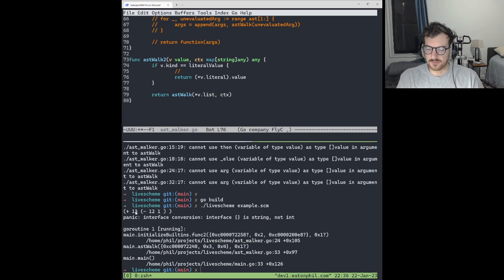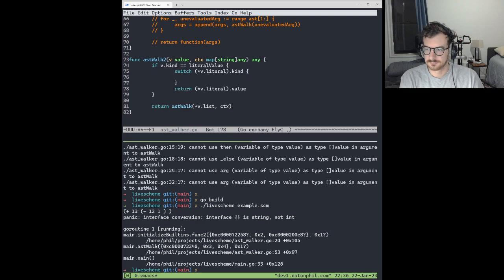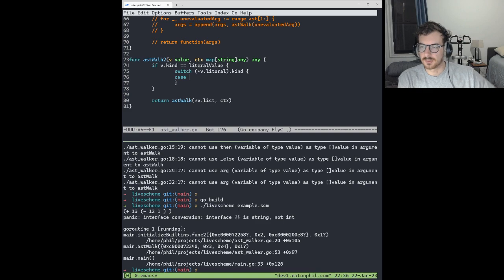And nowhere did we actually do a conversion between token strings and numbers. So I think actually we need to get more complicated here. We need to switch on v.literal's kind. And if it is an integer